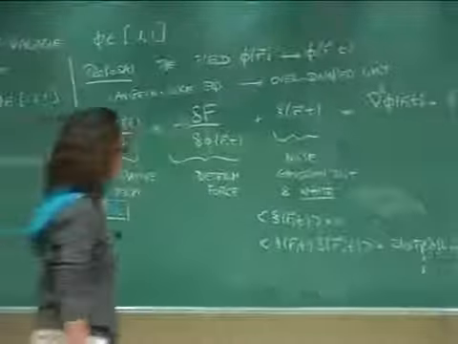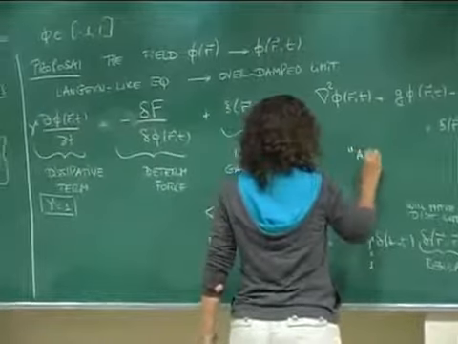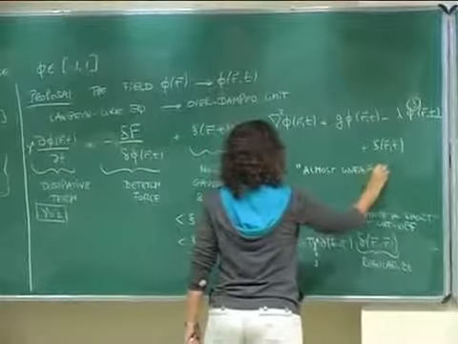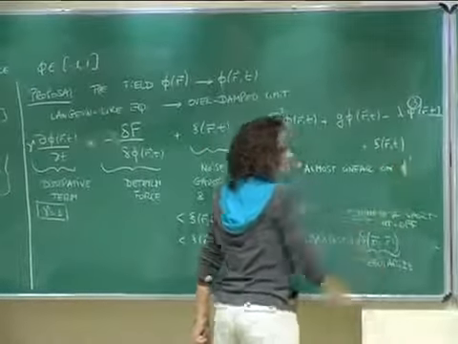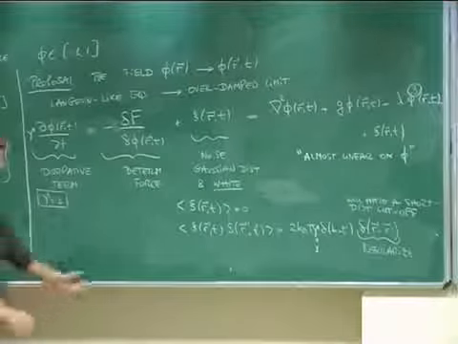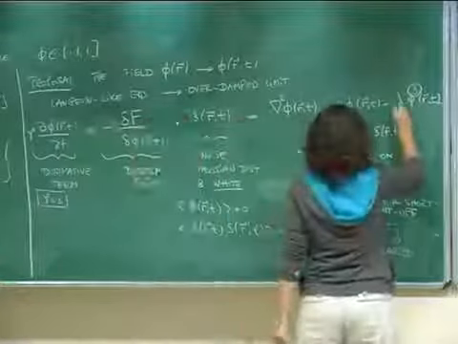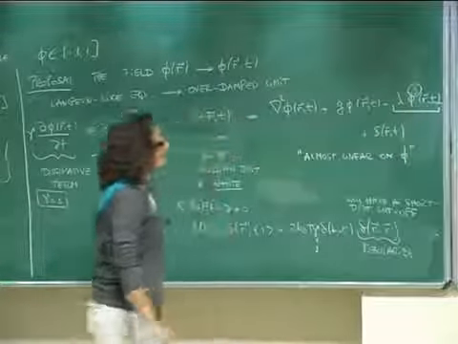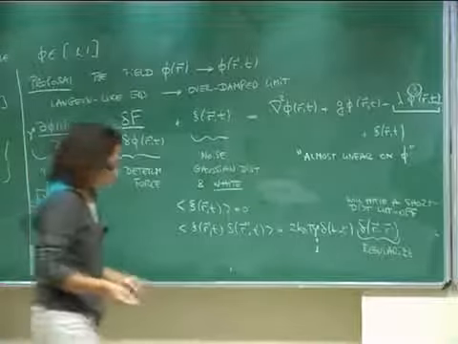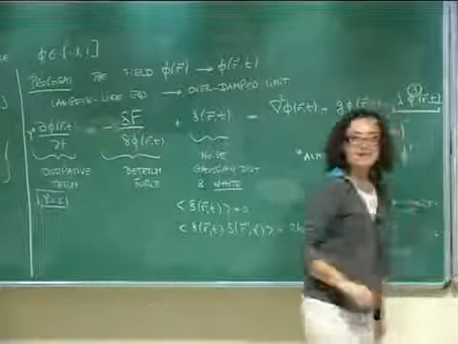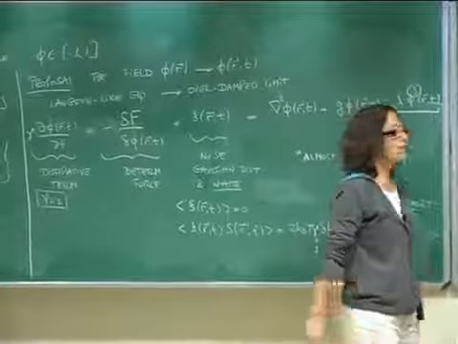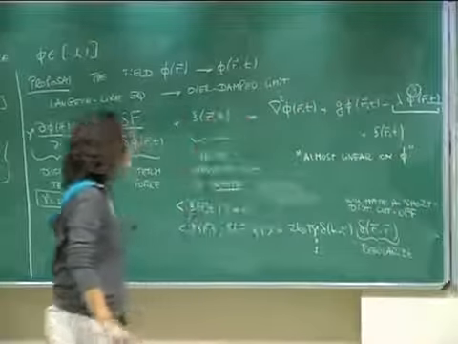So let's stress that it's almost linear in phi. Of course, it's not linear, and this is all the complications. This brings all the complications to the problem. But what can we do with this term? So there are different ways to try to linearize this term, keeping the important piece of information that we need to recover the results that we want to have.